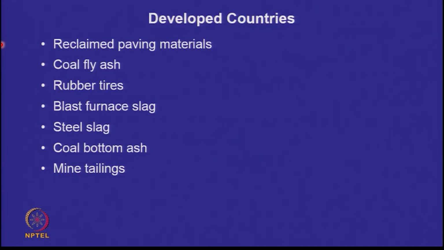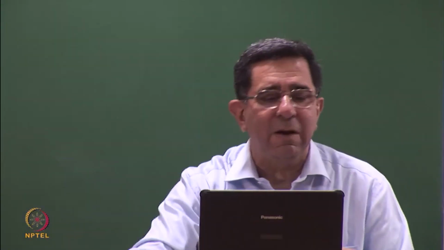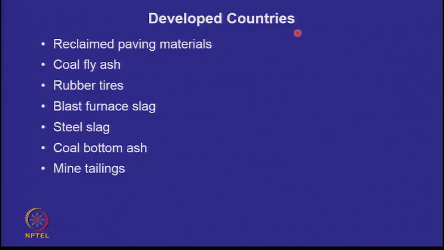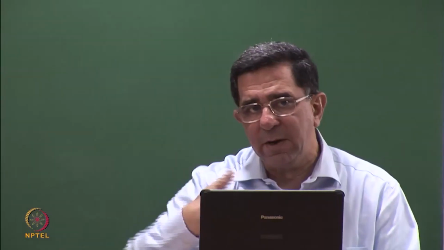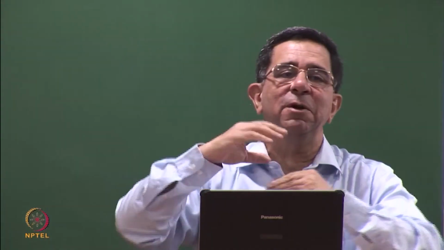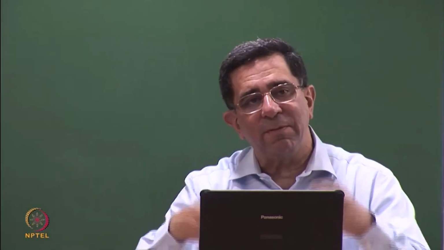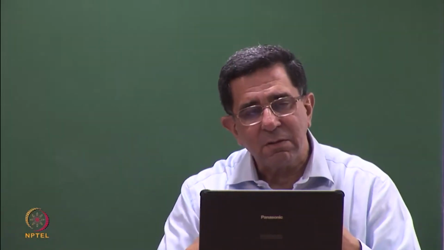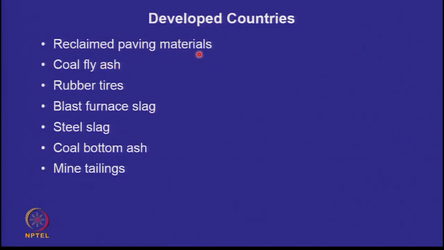So, let us see what are the materials which are traditionally used. If you go to the developed countries, what is being used? Reclaimed paving materials. In the developed world, typically you do not put overlays on your pavements. You dig up your pavement. In India, you put overlays. Your road has gone bad, what will happen? Next day somebody will put another layer of the pavement material. In the developed world, you dig up, remix more bitumen and asphalt and relay the road. So, reclaimed paving materials, if there are some rejects from that, can be used as soil.